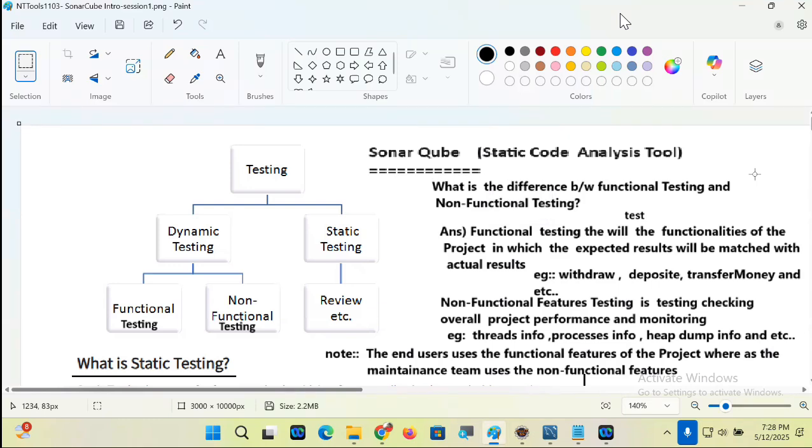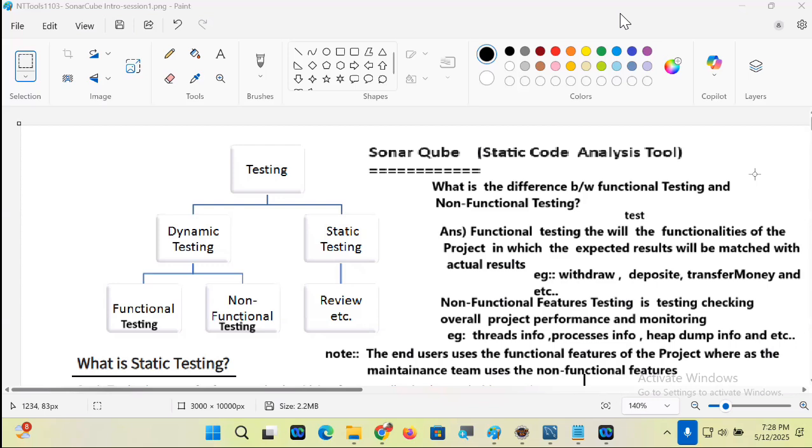Before compilation, this tool comes into the picture and checks whether the code is following proper standards, naming conventions or not. After compilation, errors come; that's the secondary one.